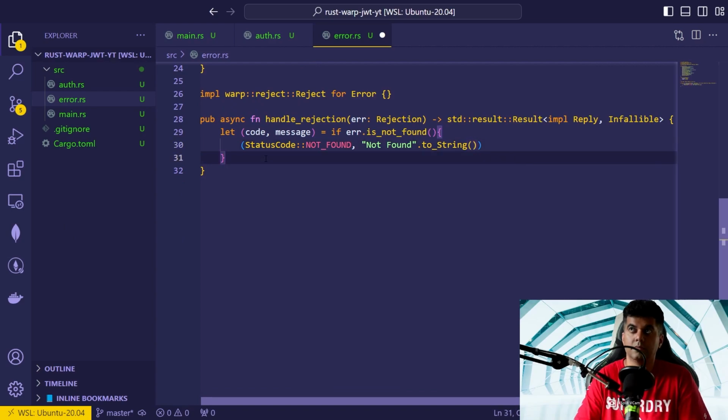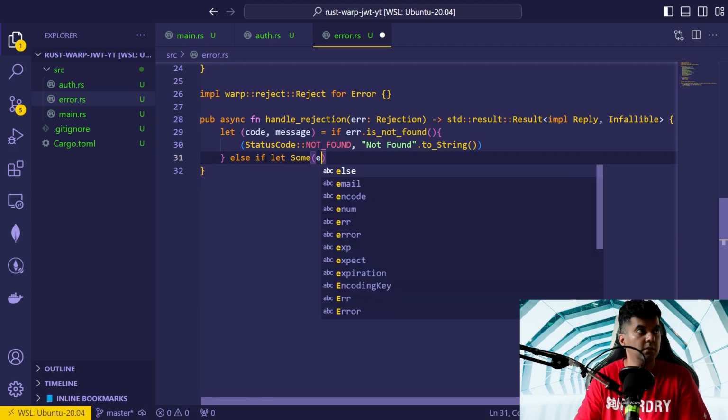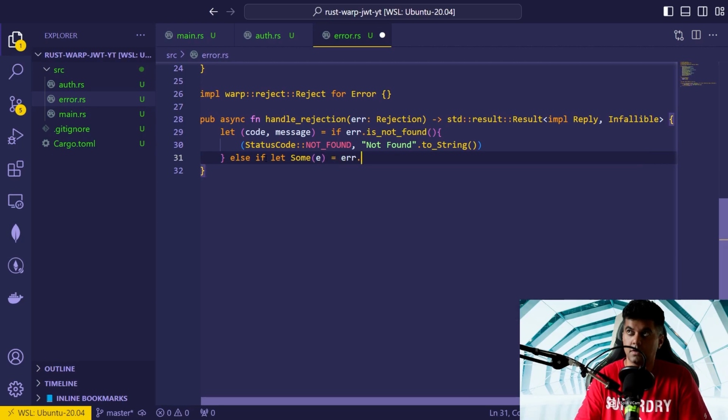Okay, here we'll say else if let Some(e) = err.find::<Error>()